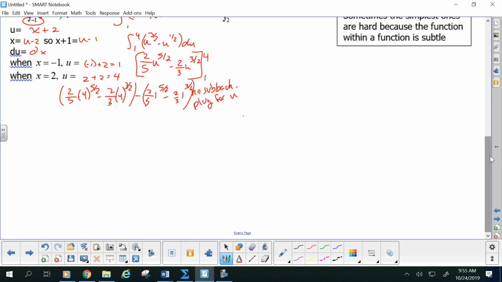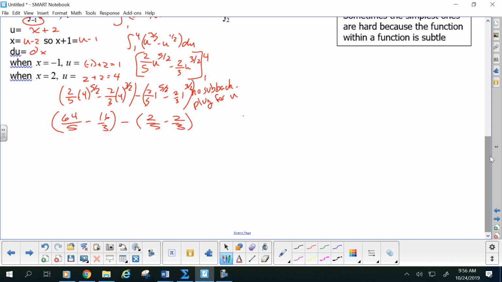2/5, what's 4 to the 5 halves? 32. How'd you get that? Okay, do you do the 5 first or the 1/2 first? The 1/2 first, because then you're gonna make it smaller. So what's 4 to the 1/2? 2, and then 2 to the 5th is 32. So I'm getting 64 fifths there. And what about 4 to the 3/2? Square root then cube, 8, so 16 thirds in the first set of parentheses, and 2 fifths minus 2 thirds